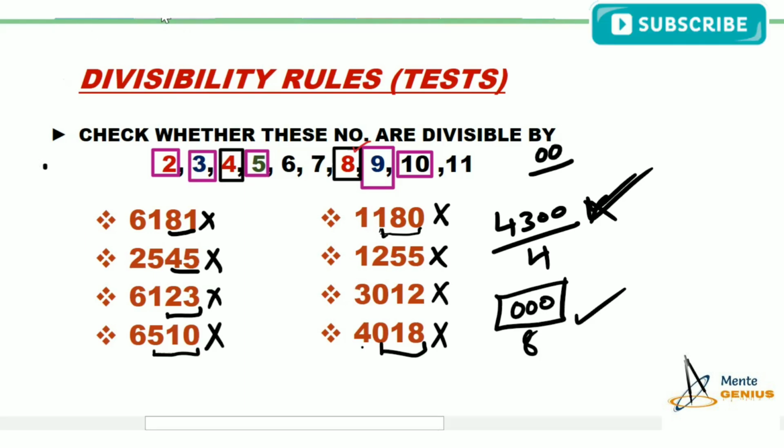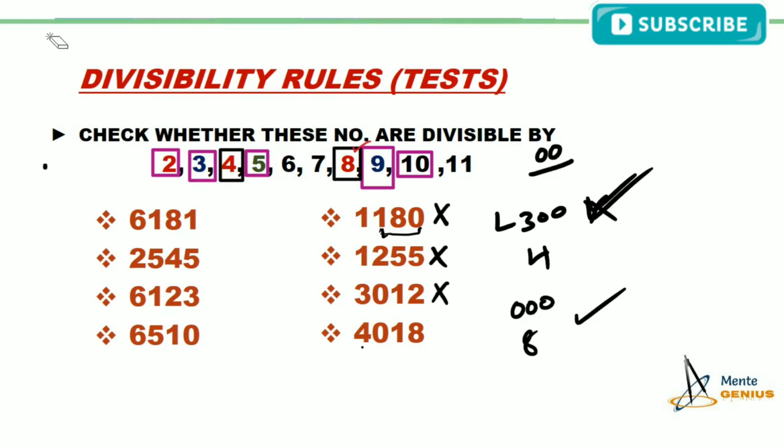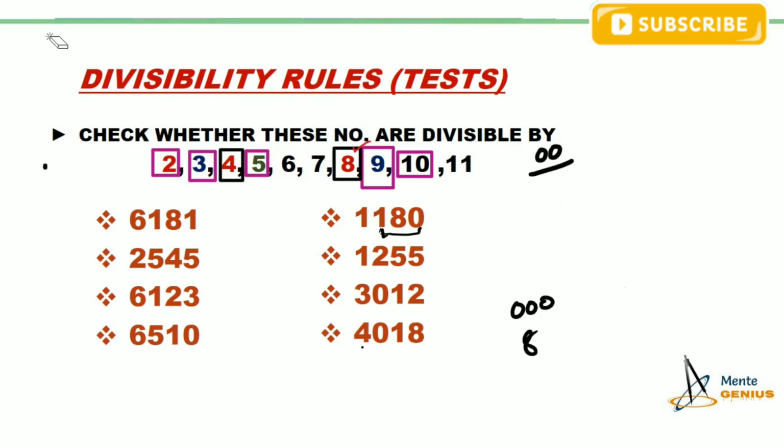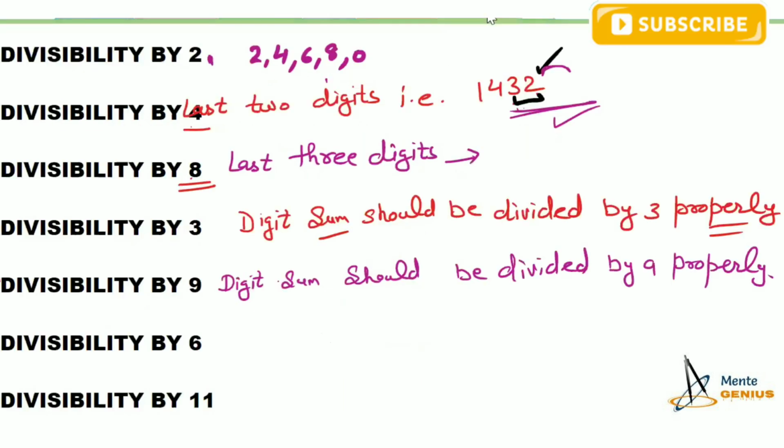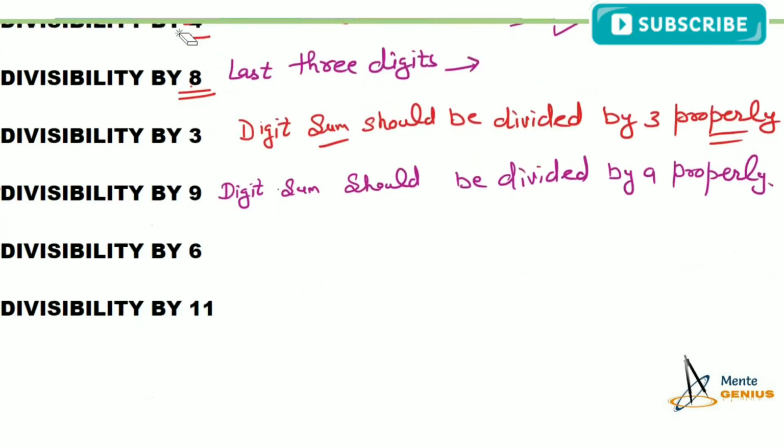Okay. Now, let us talk about the divisibility test of 6. First we will learn the rules. What are the rules for dividing a number by 6? Let's see. First condition will be the same: the number should not be odd. If it is an odd number, we cannot divide that number by 6, because an odd number never appears in the table of an even number.